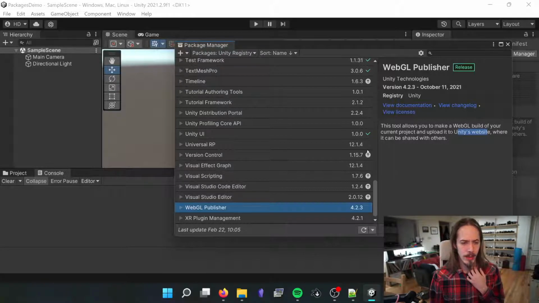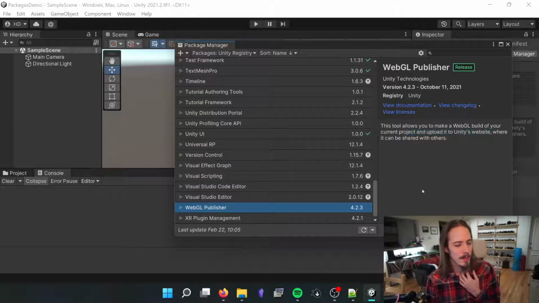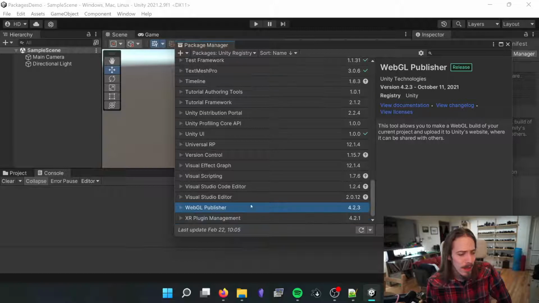Unity's got a WebGL thing. I forgot that. I forgot Unity has their own place you can upload WebGL files. I always forget that. I tell people to use simmer.io or h.io. Anyway,